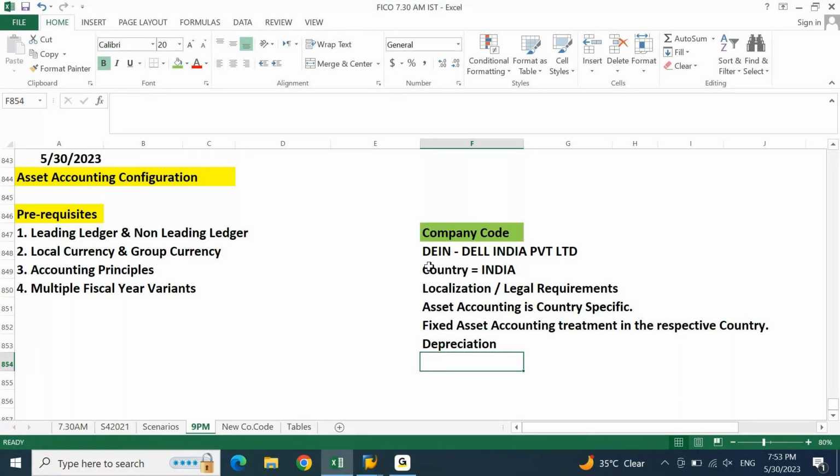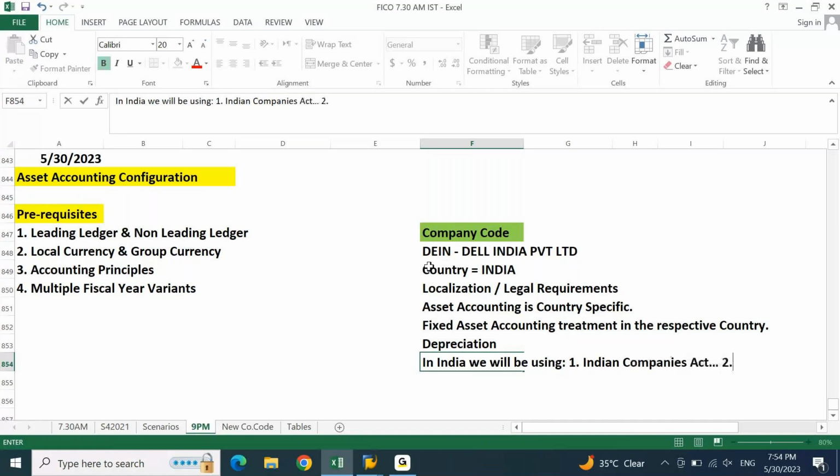In India, we have to understand on what accounting principles we are going to calculate asset accounting. Let's say in India, we will be using one, the Indian Companies Act, and two, the Indian Income Tax Act.